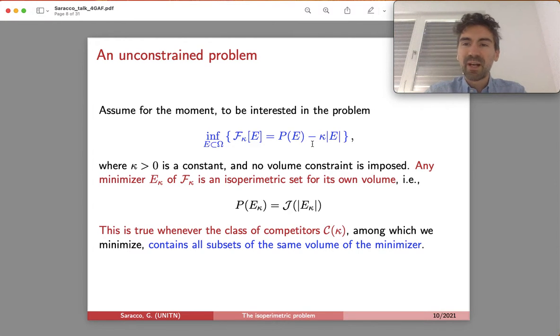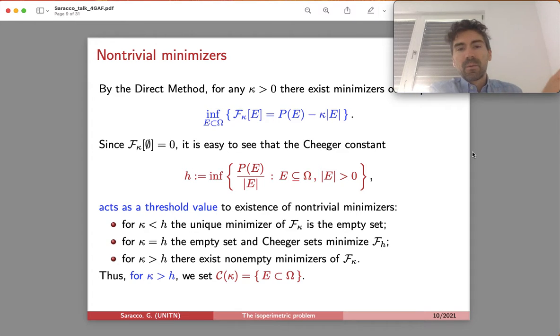So this is going to be our idea. Minimize this functional in some class of competitors, which in some sense needs to contain all subsets of omega, with the volume of the minimizer, or the energy, okay? And, well, what's the point now? Take, for instance, the empty set. The empty set has zero perimeter and zero volume, so the energy of the empty set is zero,